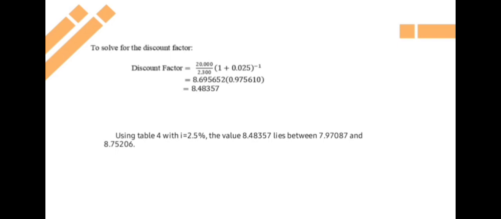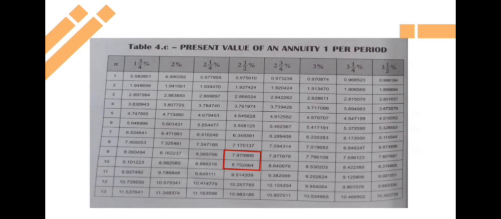So using the table 4, in procedure number 3, we will locate the value factor using the interest rate as the reference. But before that, we should convert the interest rate into a fraction. So 2.5 is equivalent to 2 and 1/2%. So that value na nahanap natin na 8.48357 lies between 7.970866 and 8.752064. So this means ang N natin, or the total number of periodic payments in compounding periods, lies between 9